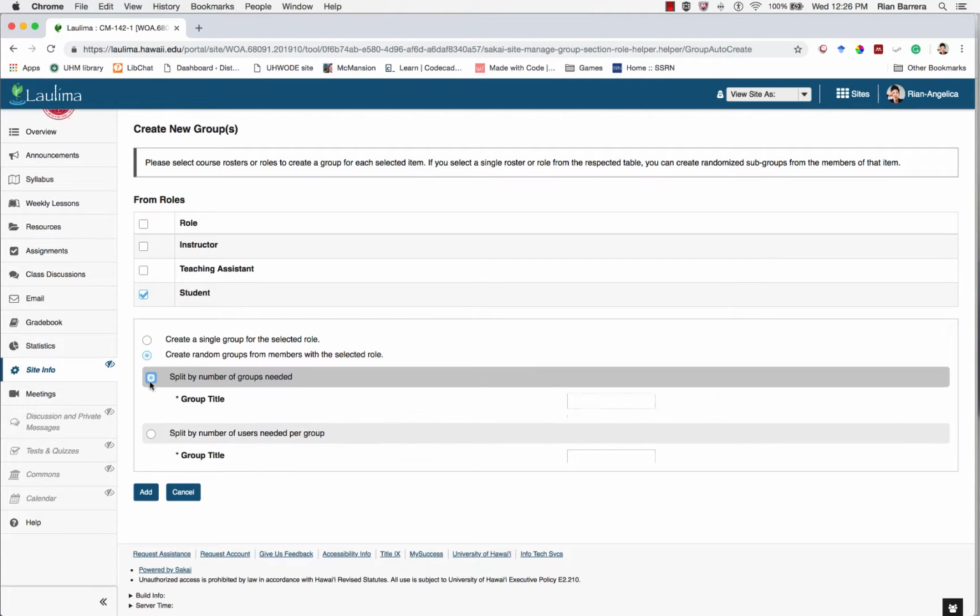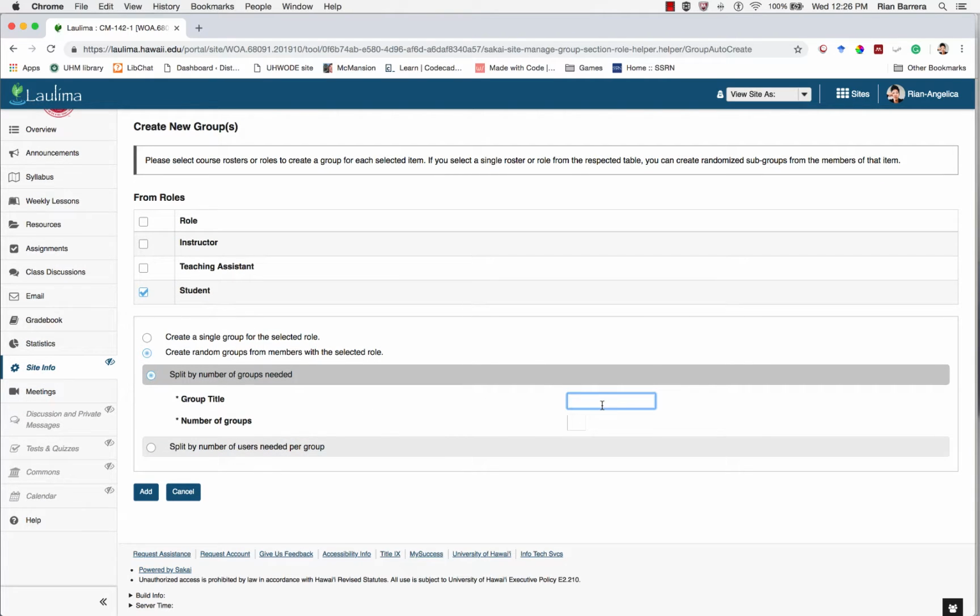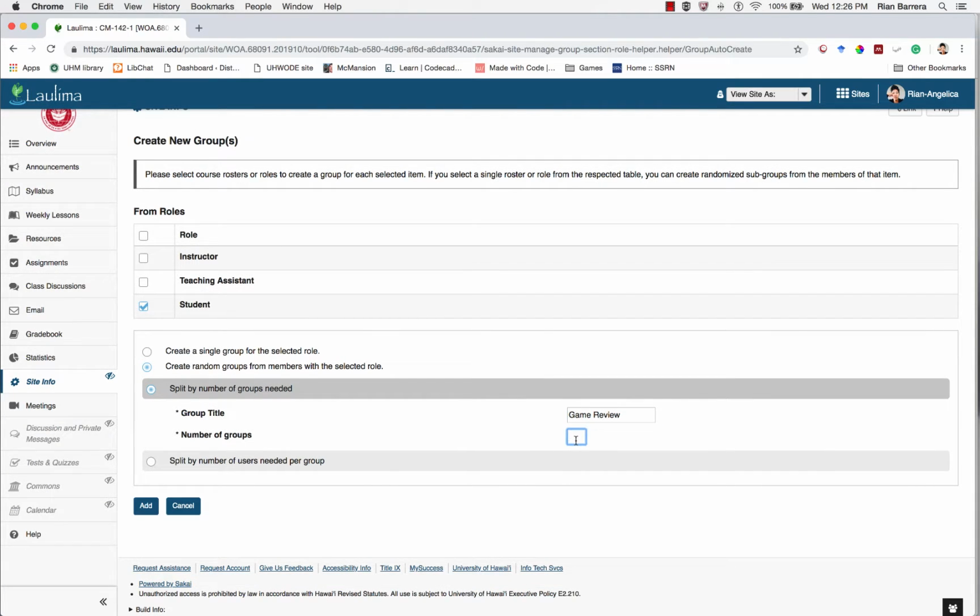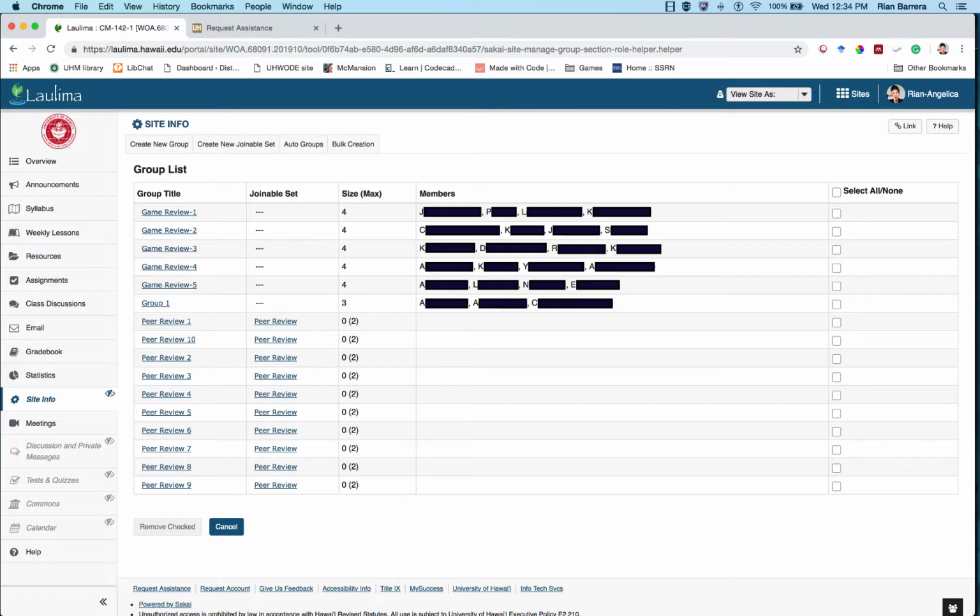In this case, I want to create 5 groups. So I'll add the group title at the top, and then I'll type in the number 5. Then I click on Add, and I'll see that 5 groups have been created with the title Game Review, and the students have been automatically